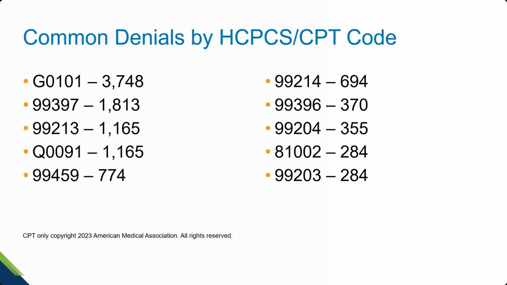The 99204, number one reason we're denying, we can pay only one initial visit per specialty. So this means that someone else with specialty 16 also billed an initial visit. We can only pay one initial visit per specialty. Those are E&M guidelines. You would look in CMS's evaluation and management guidebook for that information.